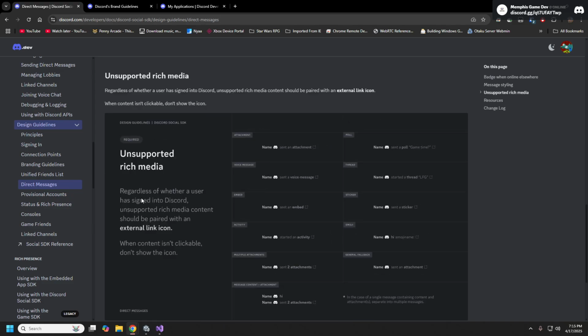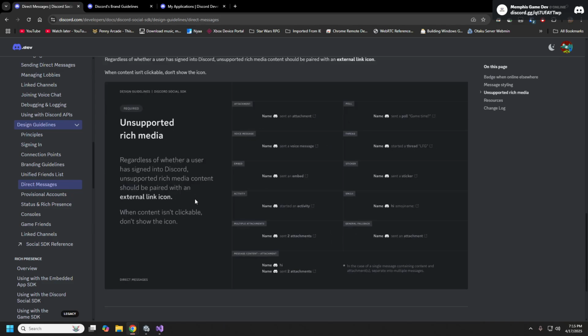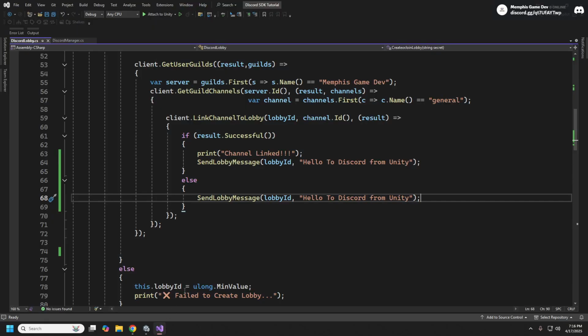Here's the rich media stuff I was talking about earlier. So when somebody from Discord sends an attachment or a video or a GIF, sticker or whatever, in game it will show you what was sent, and then you can click on it, and this will pop open Discord or a website or whatever, so you can see this attachment. And in the message content,